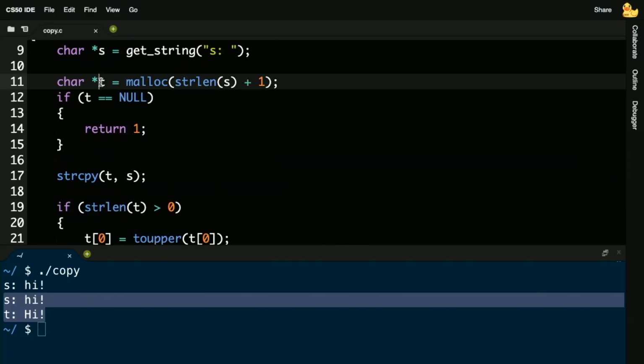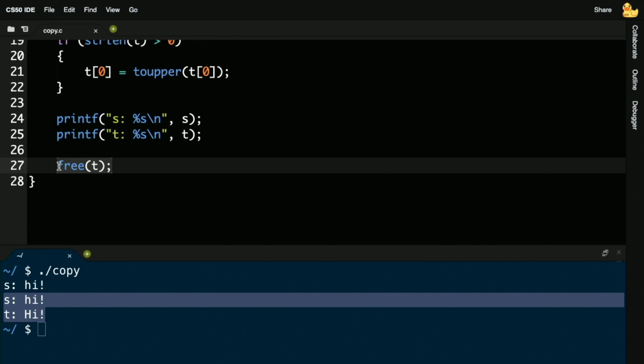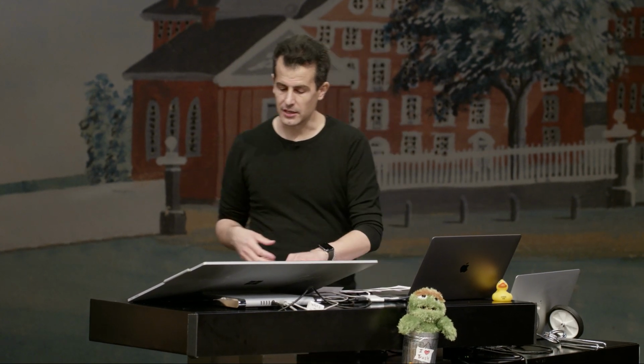So if you ask it for 4 bytes, like I did a few lines ago with malloc, you're going to get back the address of the first of those bytes. And it's up to you to remember how many bytes you asked for. In the case of free, all you have to do is tell free via its input what the address was that malloc gave you. So if you stored that address, as I did in this variable called t, it suffices when you're done with that memory to just call free(t). And the computer will go about freeing up that memory for you, and you might very well get it back later on, but at least your computer won't run out of memory as quickly, because it can now reuse that space for something else.